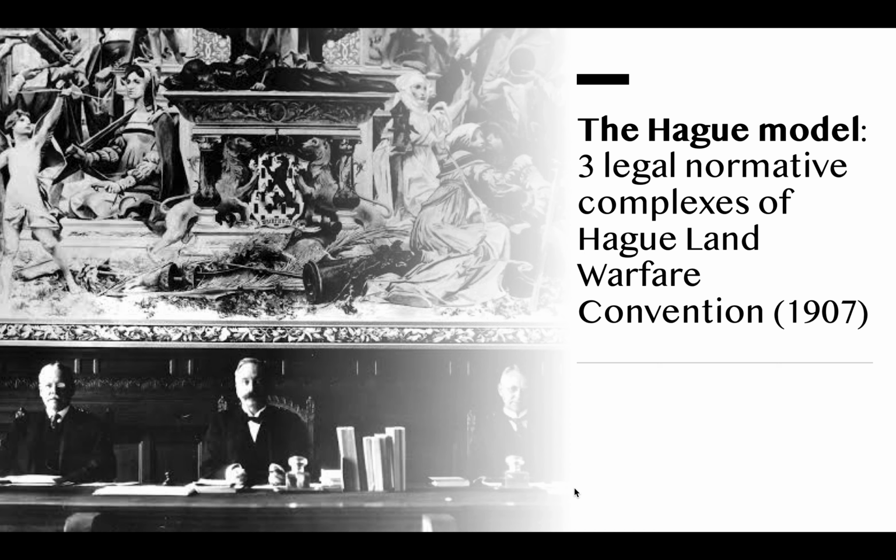In this case, it was prohibited to engender unnecessary suffering, to employ toxic materials, to kill defenseless foes, to destroy enemy property unnecessarily, and also to fire upon undefended locations. The third normative complex dealt with the conduct of occupying powers in occupied territories. Here the concern was in particular to protect the civilian population from any arbitrariness and violence. It was forbidden to loot, deport, collectively punish, and arbitrarily execute civilians, among other actions.